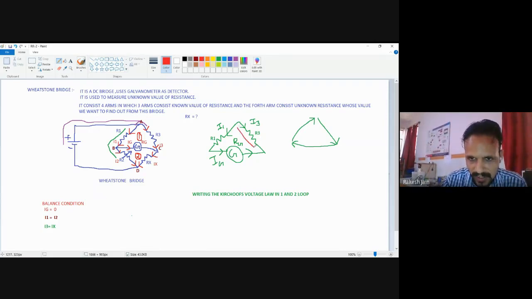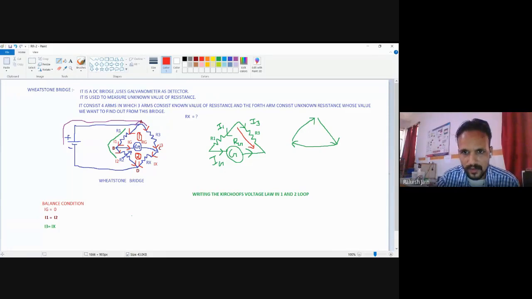What is the voltage in this? I choose the clockwise direction. So if any current is in the anti-clockwise direction, the opposite direction, we have to use the voltage value with a negative sign. If the current direction is the same as my direction, then I use the positive sign. If I am going here, but the current is coming the other way, the directions are opposite, so I have to use a minus sign. Kindly see this very carefully.